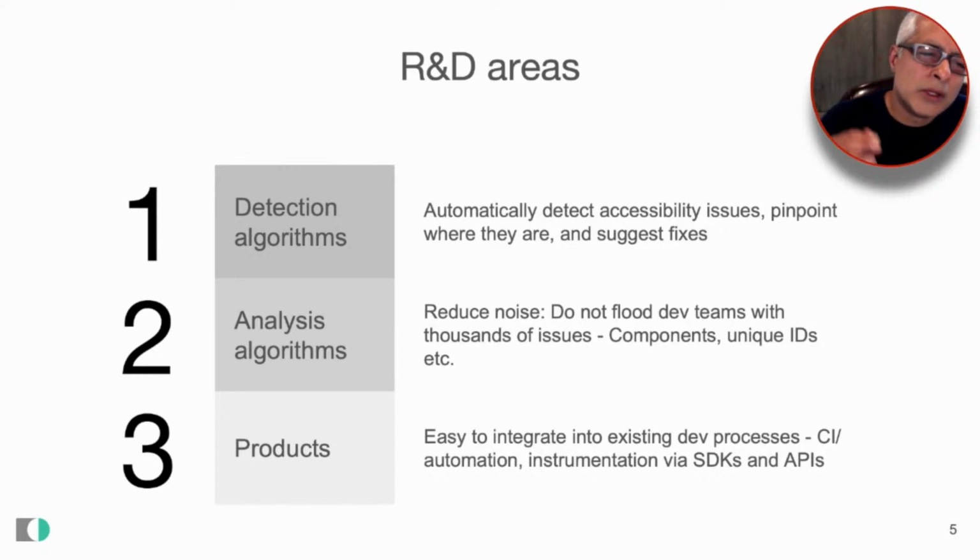But you also want to be able to assign unique IDs to issues and things, so you can track them between different scans or different analyses. You know if there are regressions, you know if there are new issues or old issues, how long they've been open. All of these things need a very robust unique ID infrastructure. So there's a lot of that. That's the second bucket that I'd classify in terms of analysis algorithms.